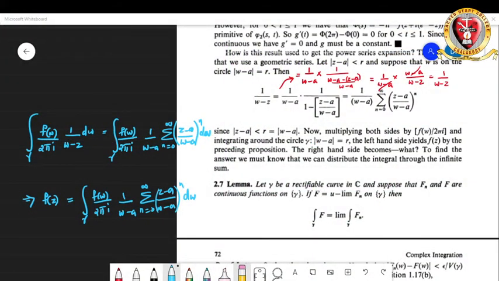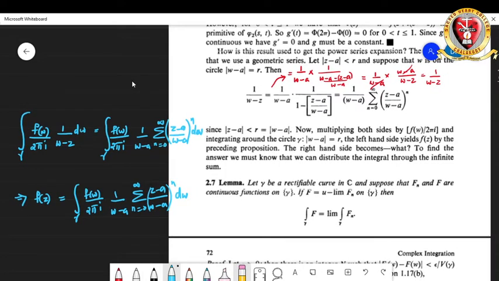We are going to move on to the sections after Cauchy's integral formula. So before moving into Lemma 2.7, we'll just see some of the ideas of how we can represent 1 by w minus z,